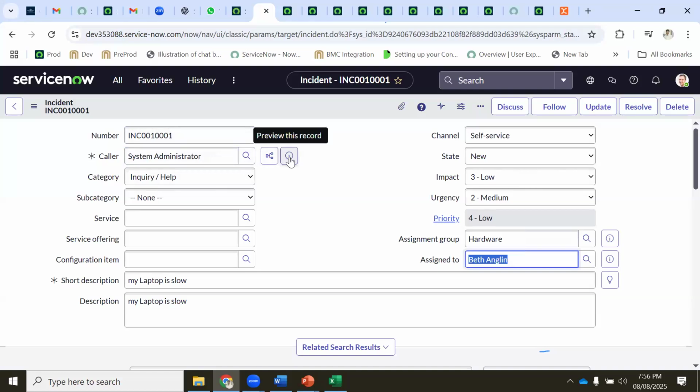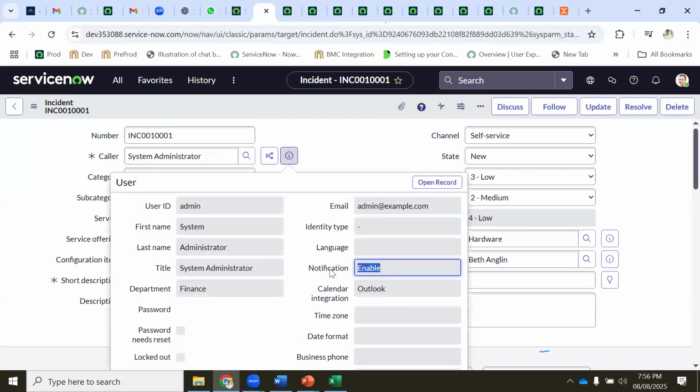So what he will do is preview your details, such as where you are sitting. These details are configured in the database, in which table? Correct, the user table. So this is the user ID, this is the first name of this guy, and this is the email ID of this guy.